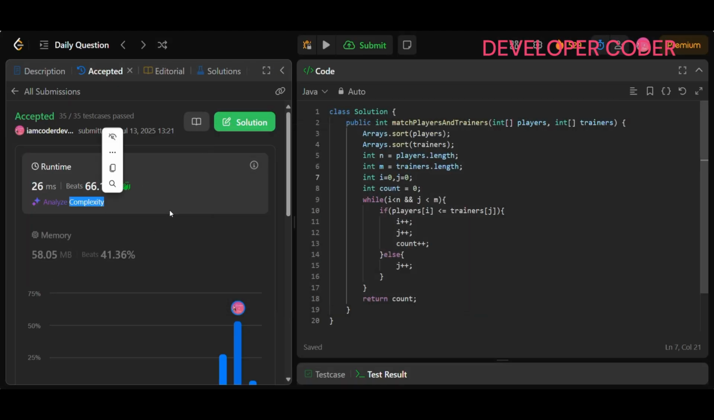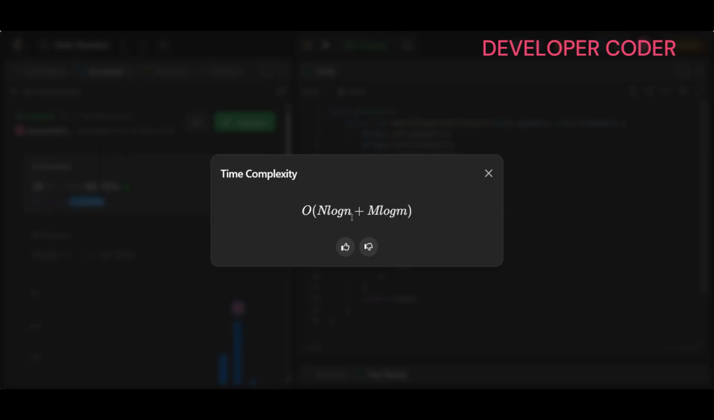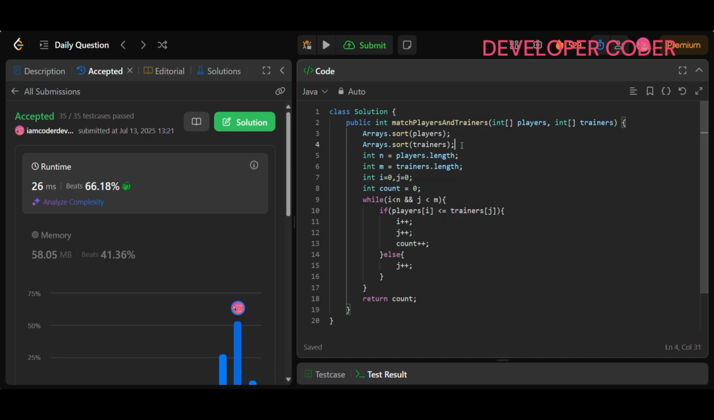And the time complexity for this problem is going to be, we are doing the sorting. So O(n log n) you can say for players, plus O(m log m) for trainers. So two sortings we are doing, right? So that's why O(n log n) plus O(m log m). So I hope that you guys are able to understand today's problem,